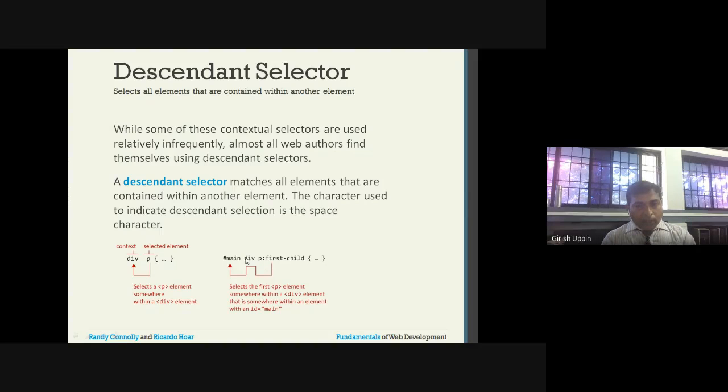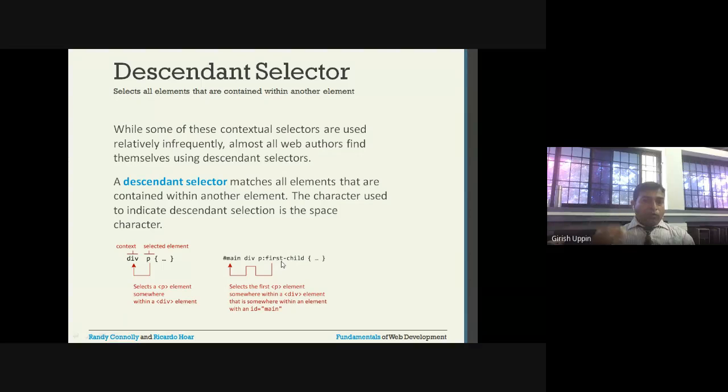This is another example. I have hash main. So hash is what? It is an ID. I have an ID called main, space, I have div, then a space, then I have the P. So this is the descendant. Inside main I have div, and inside div I have P, and I have given a property as first child.